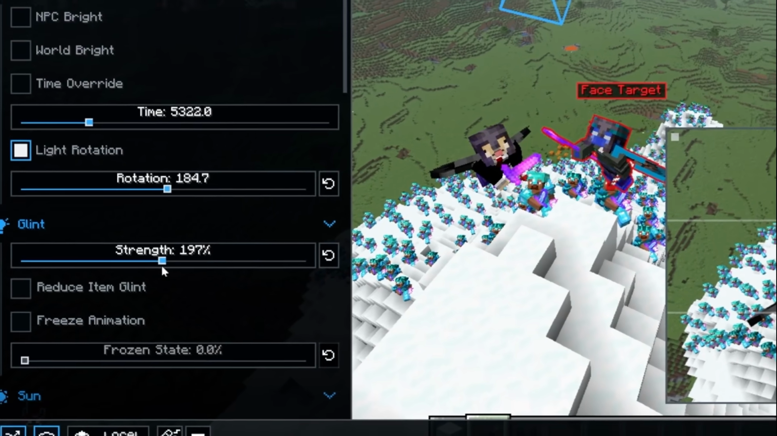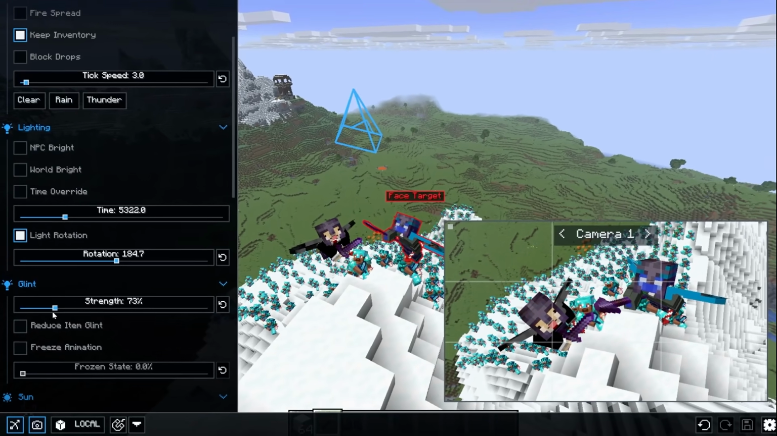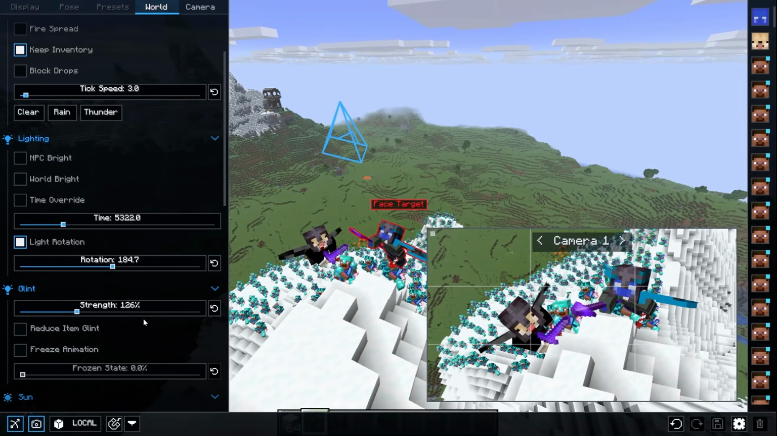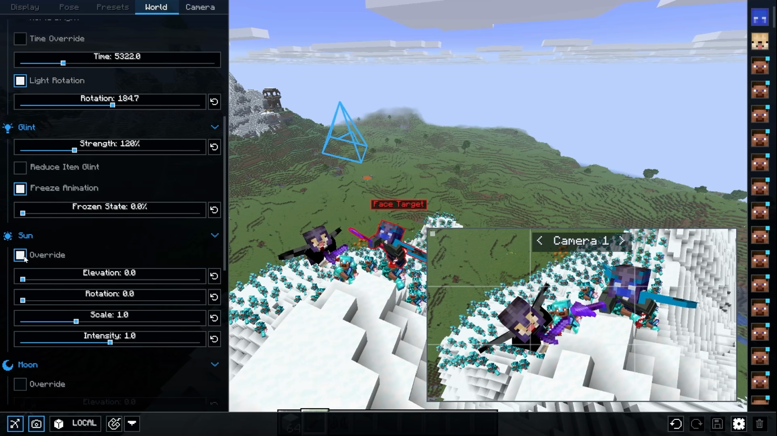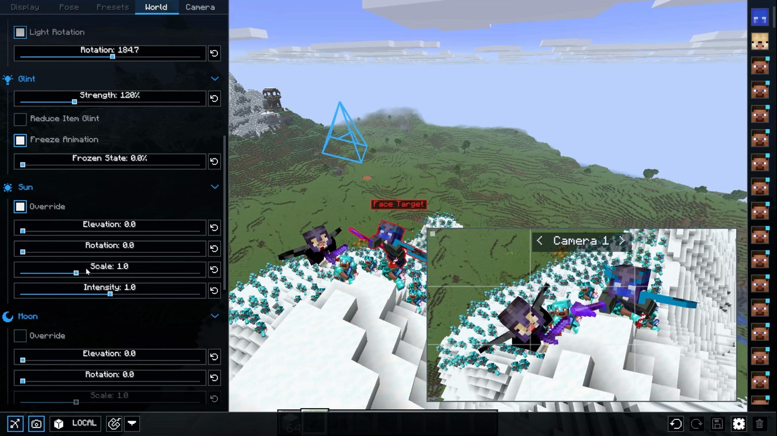And then the strength of the glint, it depends. I'm just gonna have this be like normal-ish, and then I'm gonna freeze the animation of the glint so that it's frozen. And then you can override the sun if you have shaders and stuff. Like right now I'm choosing to have no shaders on this one, but if you want to, you can have the shaders be